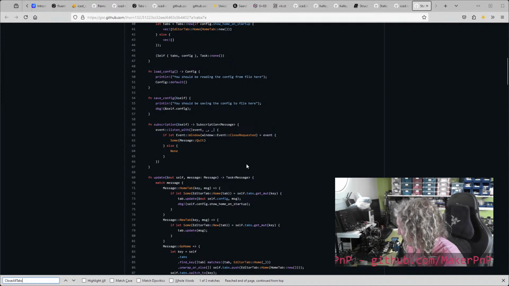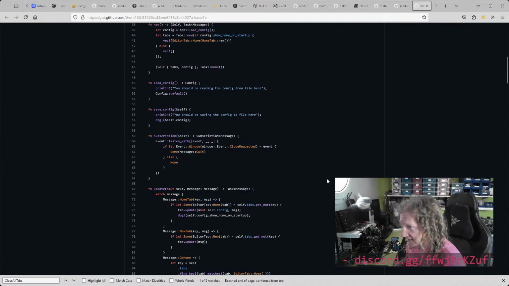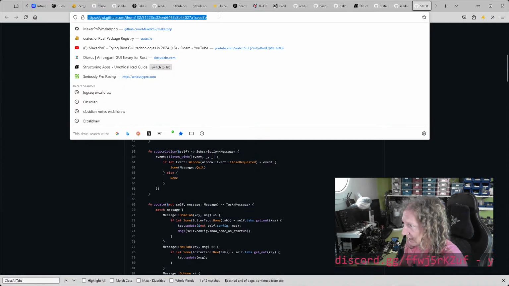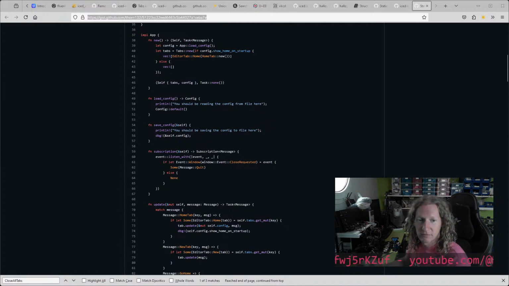unpicking or having a look through one of the gists that was created. I'll paste a link to the message. So Thorn in the Discord server created this gist. I'll paste the gist link as well in the chat. There we go, so you can have a look at it too. So we're just trying to unpick what's different between what was created prior to me asking about how you're supposed